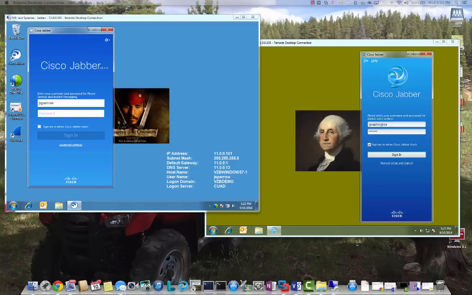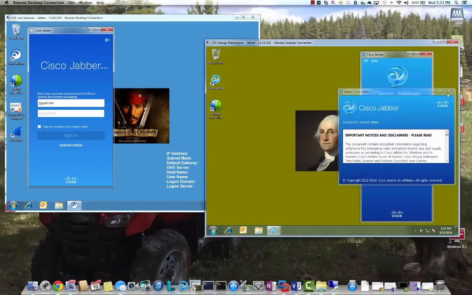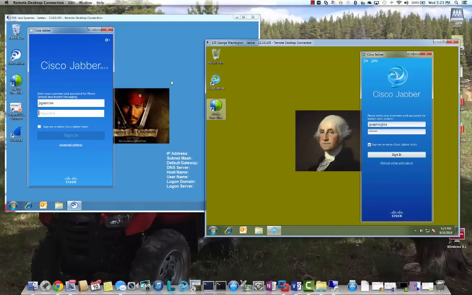Today is September 10th. Cisco Jabber 10.5 was released about three weeks ago, and we're going to review it and a couple of new features, and compare and contrast it with the latest version of 9.7 that was released. Over here on the left we're going to have the 10.5, and on the right the 9.73 specifically. At first glance you can tell that, to my eyes, it's a little softer